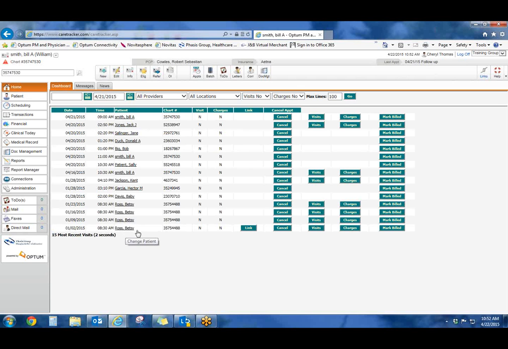Now because I'm a channel partner, I have this nice little mark build button over here that most of you will not see, and that just lets us know that even though that appointment is there, we're going to take it off this list. Most of the time though, what you want to do is either go in and enter the visit information, or you can cancel the appointment, maybe the patient was a no-show and it didn't get taken off your schedule, and then this link,